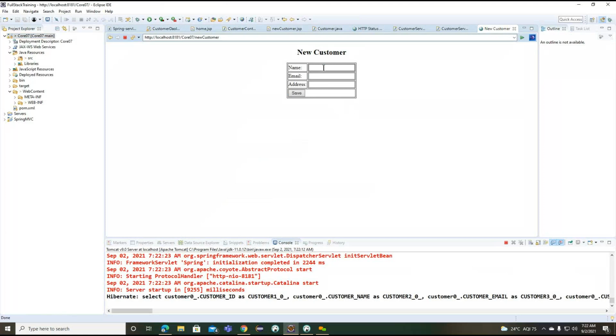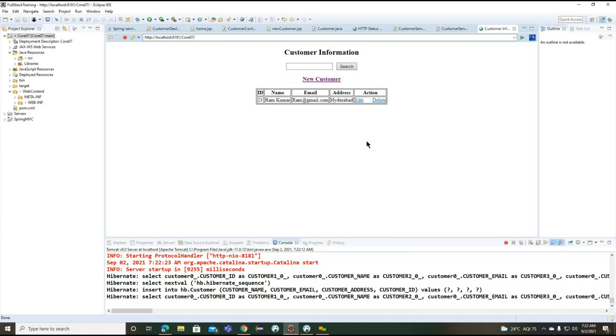Okay. So click on this particular customer here. I'm trying to click on save here. Now you can see it redirects to the home page, and whatever object information we provided here, those objects we are also loading here. Getting the point. Whatever object we saved is showing here. So ID we are having 23, and these are the information here.